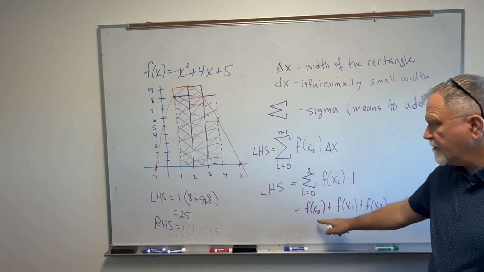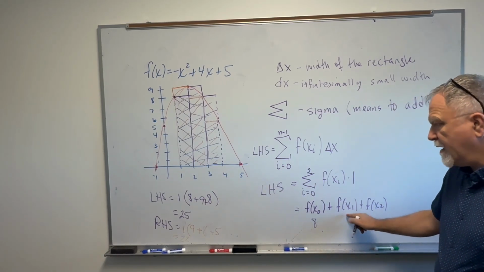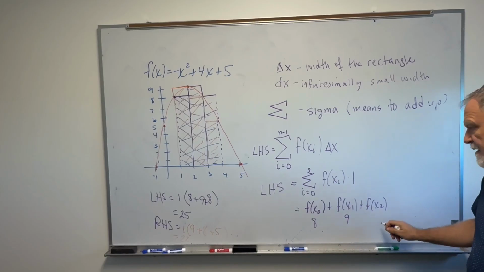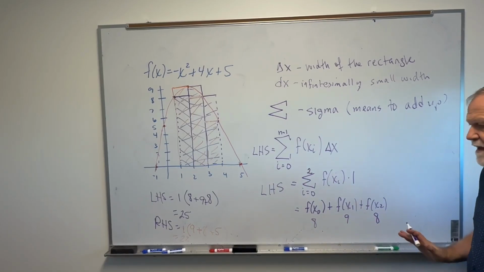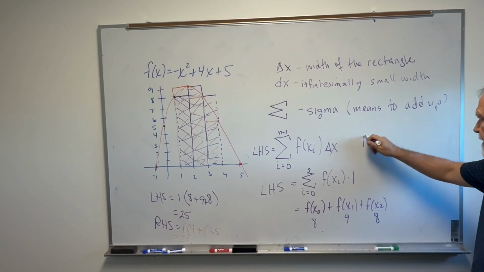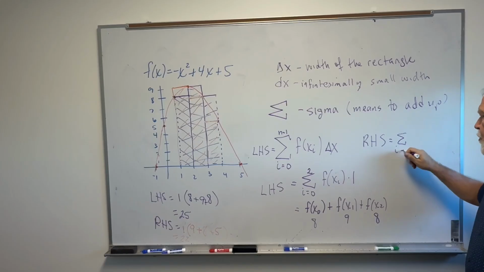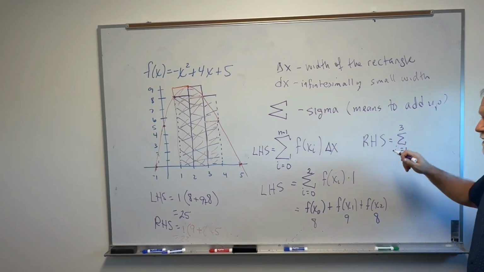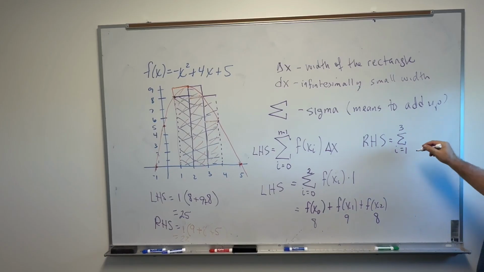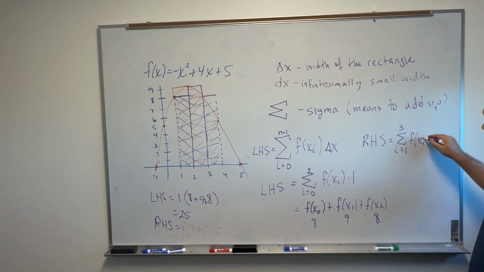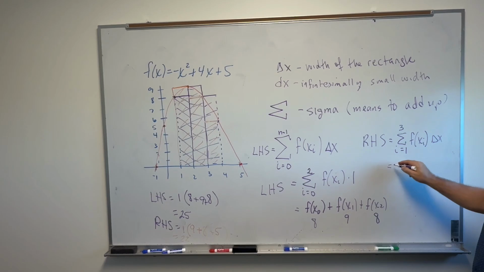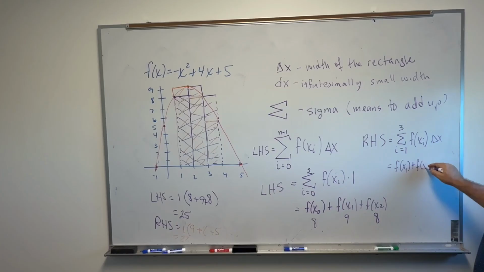Well, the f of x sub 0 is the 8. The f of x sub 1 is the 9. The f of x sub 2 was the 8 again. So that's how that notation works. For the right-hand sum, we would write it like this. The sum going from 1 to 3, and f of x sub i times delta x. And again, that means f of x sub 1, that's where we started, plus f of x sub 2, plus f of x sub 3. Again, our delta x is 1, so that's all times 1,